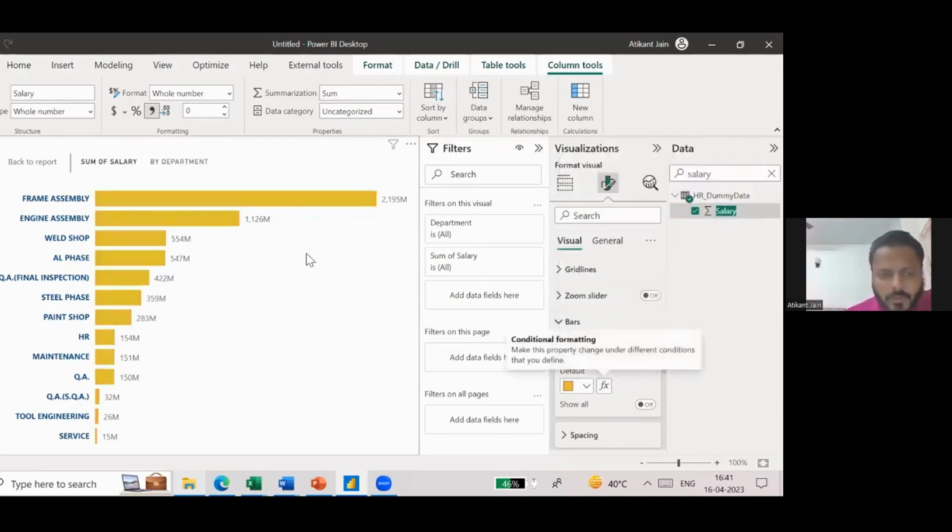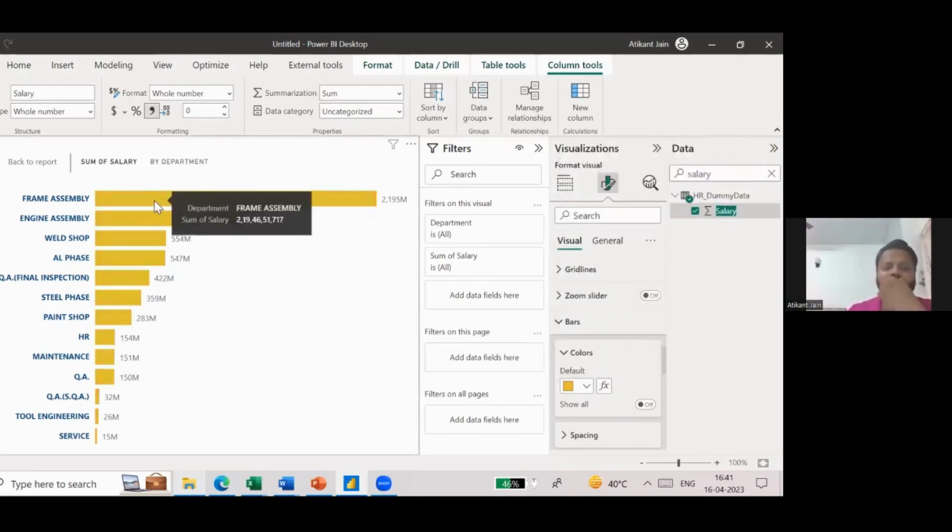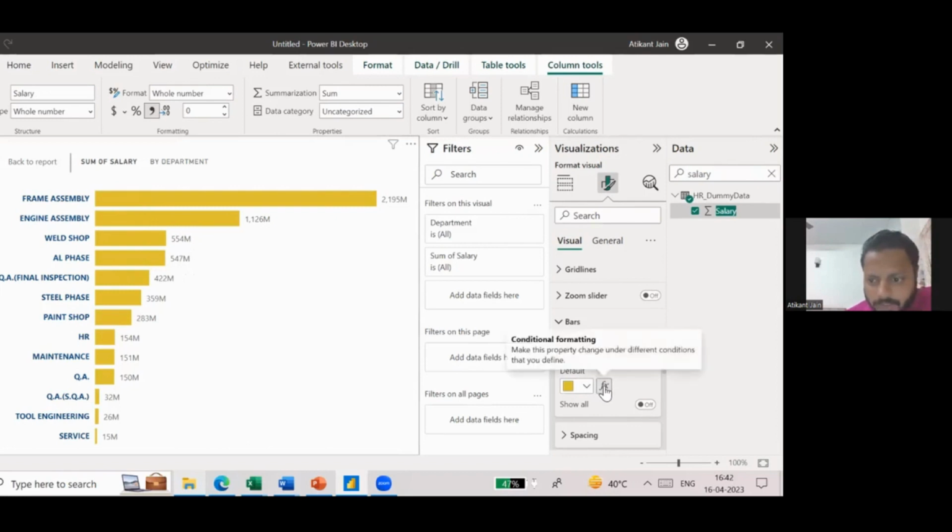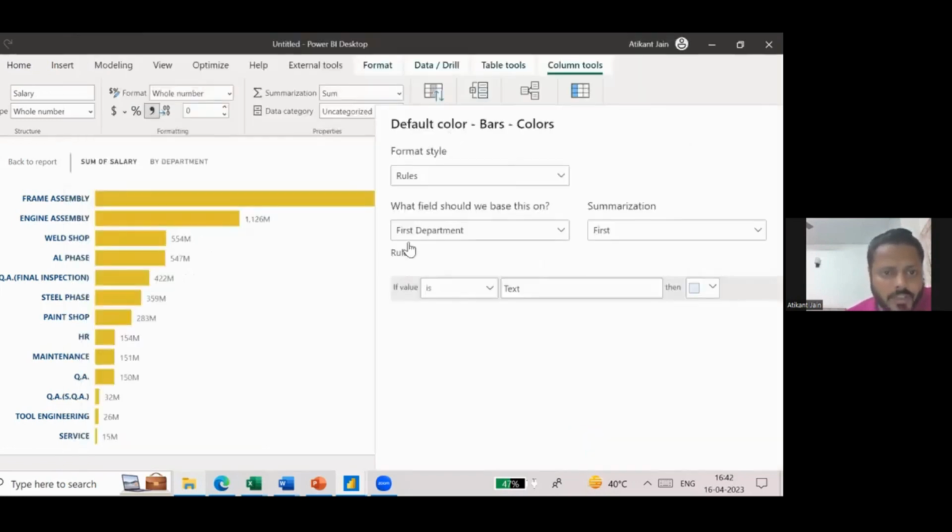Also, if you want to make the color according to some condition, let's say you want this color for all the values which are above 500 million, right? So above 500 should be the top 4 bars. From here, fx is conditional formatting. Over here, you have to change the value. So let's say you want to make the rule